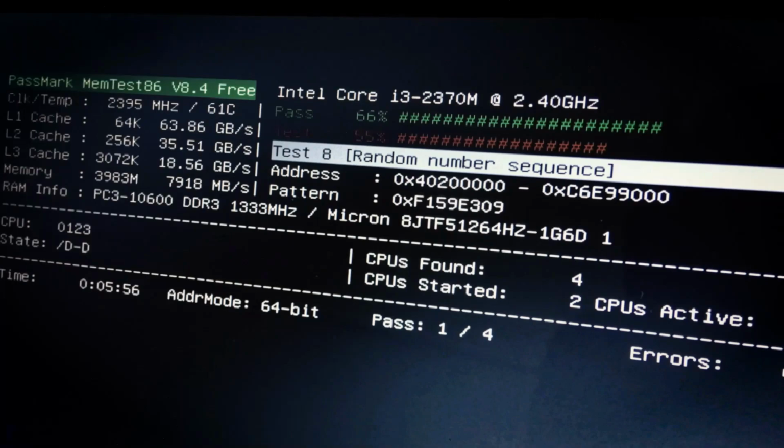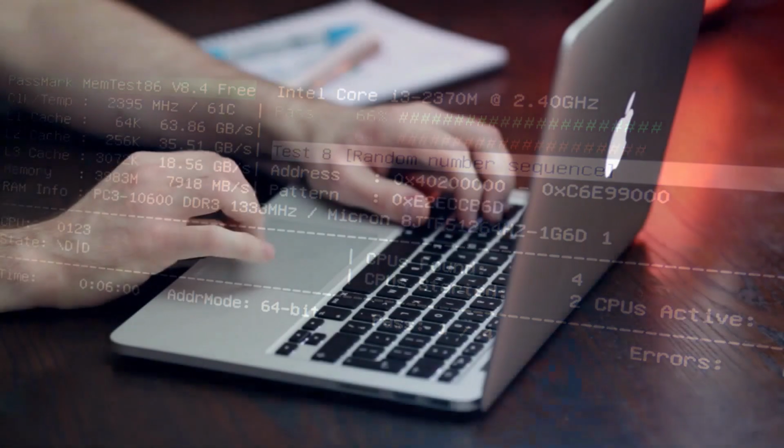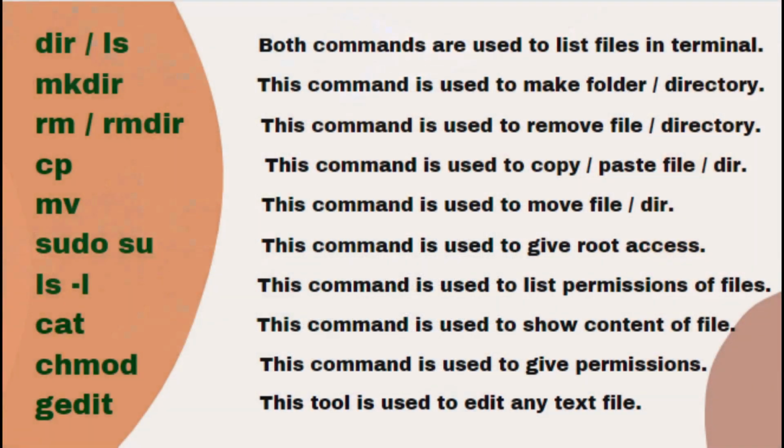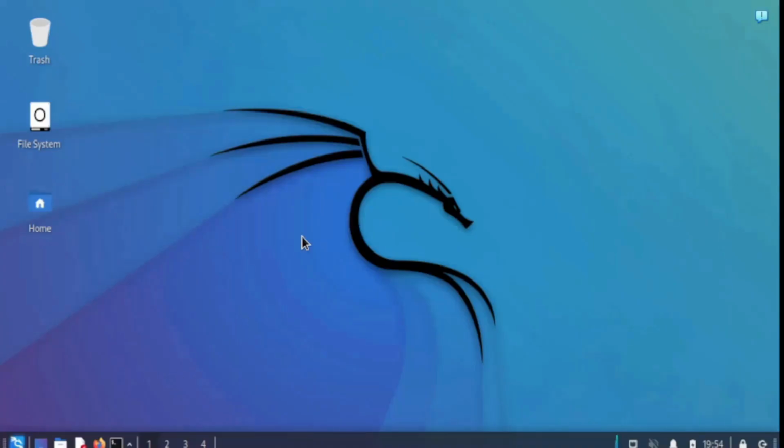Today, we're going to talk about some essential Linux commands that every Linux user should know. In this video, we will learn about dir and ls, mkdir, rm and rmdir, cp, mv, sudo su, ls -l, cat, chmod, and gedit. The dir and ls commands are used to list the files and directories in a